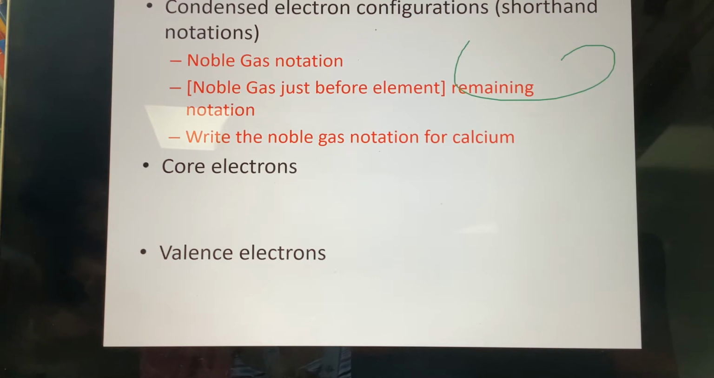So if we have calcium, calcium has 20 electrons. So we would put the noble gas just before calcium, which is argon, in brackets. And so that tells us that both calcium and argon share the same electron notation of 1s2, 2s2, 2p6, all the way up through 18 electrons, which will end with 3p6. So then we pick up where argon leaves off with 4s,